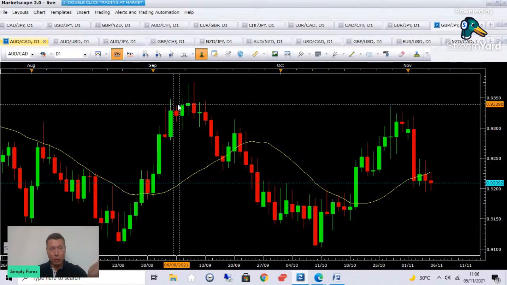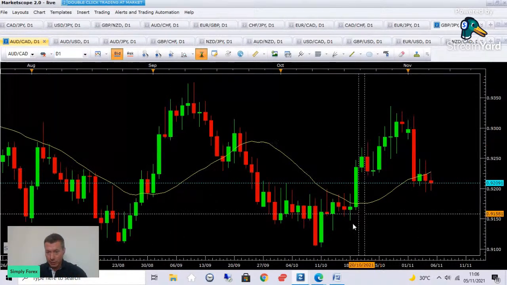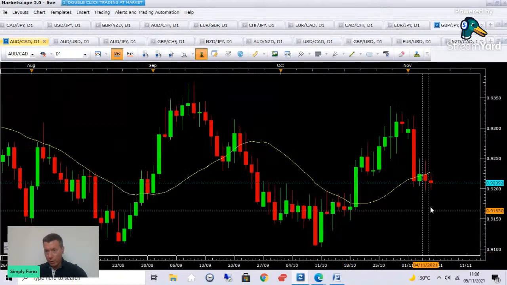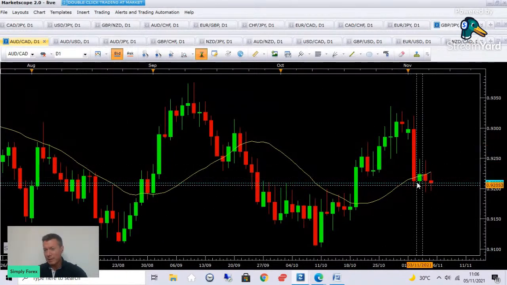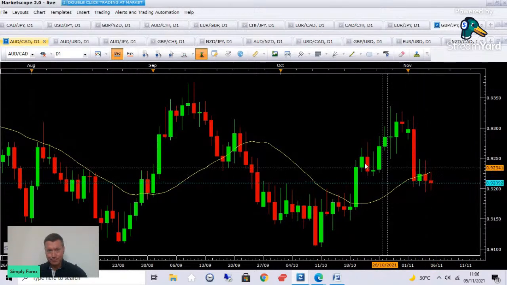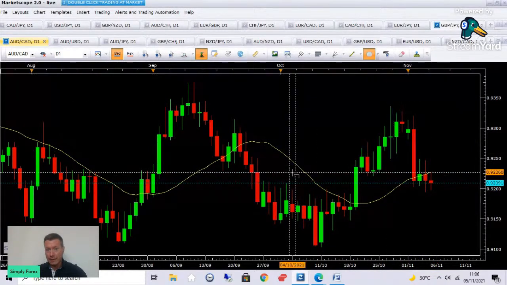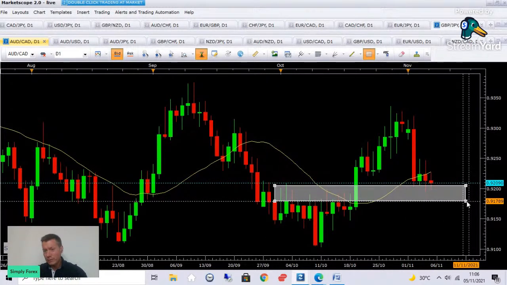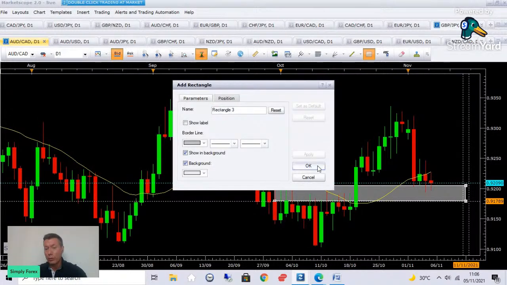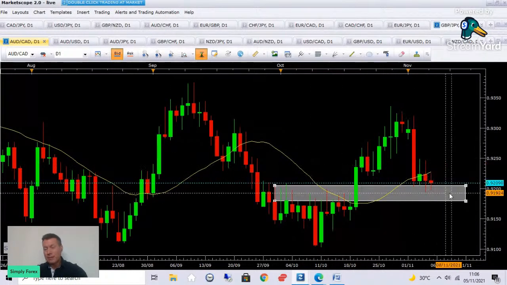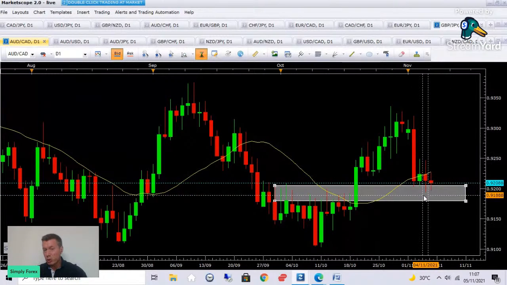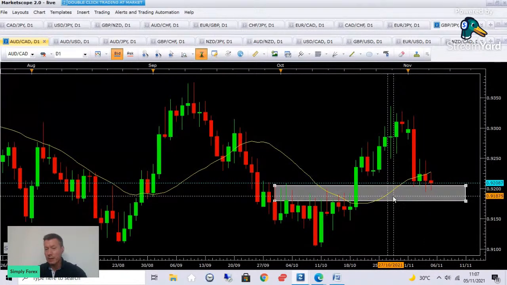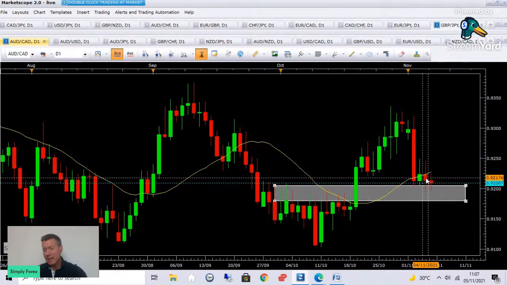Okay, so Aussie dollar, Canadian dollar. What I'm seeing here, you've had a large bearish candle, but then we've had 2 days of indecision. And also there's an area here of some kind of resistance or support. So there is no trade here. I wouldn't take that short because of this zone here. And based on yesterday's candle, which was a bearish doji candle, I wouldn't take that long.